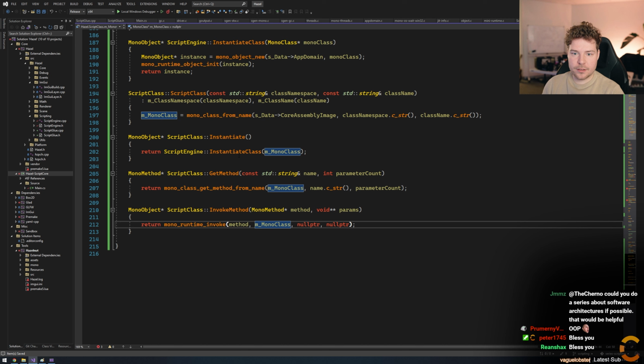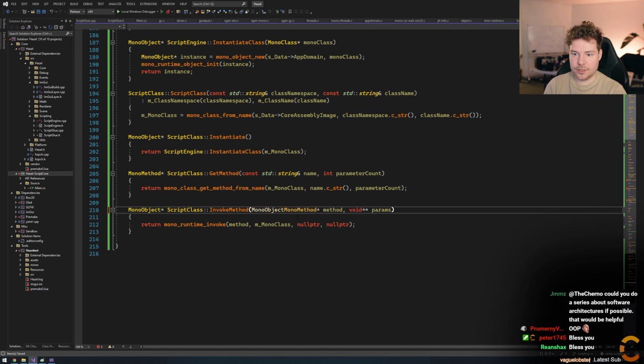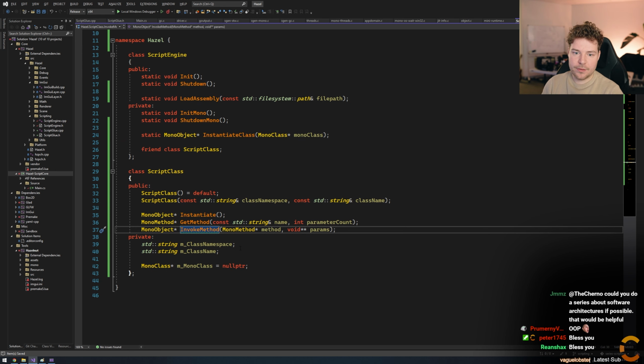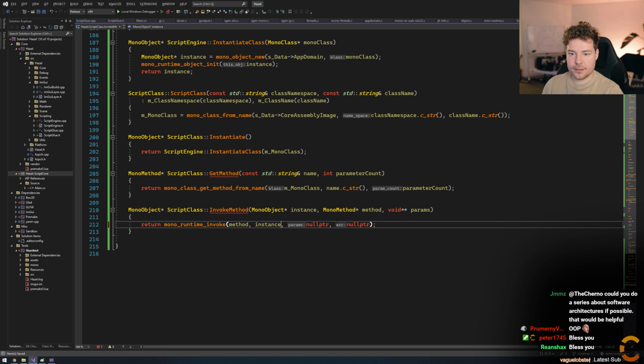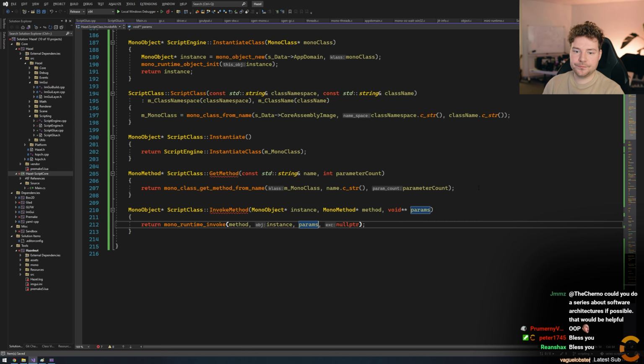Actually, we need to provide a particular instance, right? So actually this is going to take that, because this doesn't hold an instance. It's not a class instance, this is just a class. So if we invoke a method on an instance, we need to also take in the instance, right? So instance is instance, and then parameters will go in here, which we can make null pointer by default.